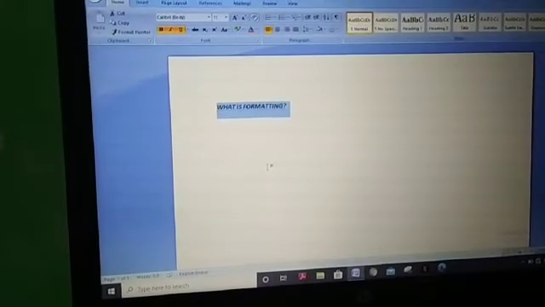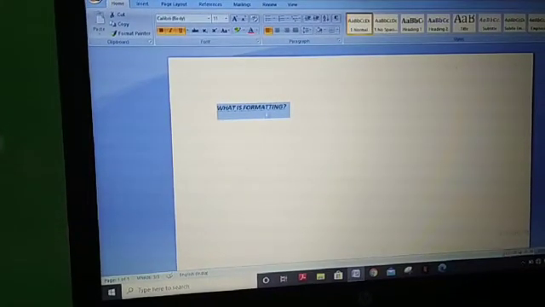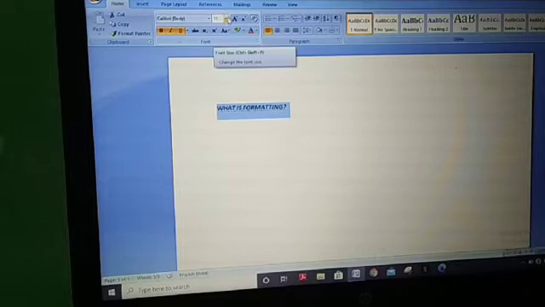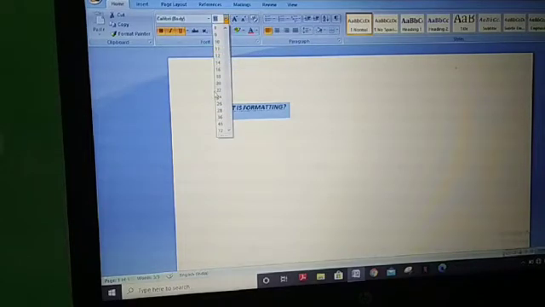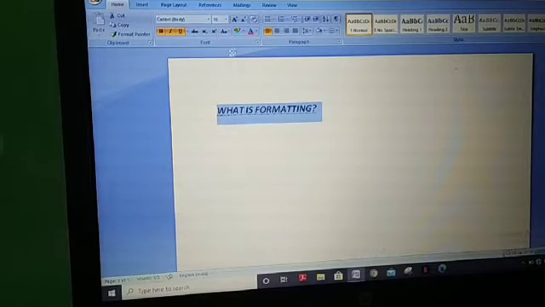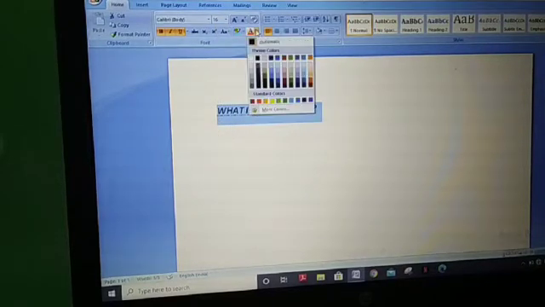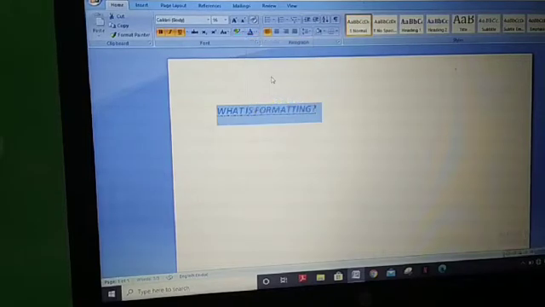Then font size. Here is font size. From here you can change font size. Font color, if you want to change, suppose this blue.